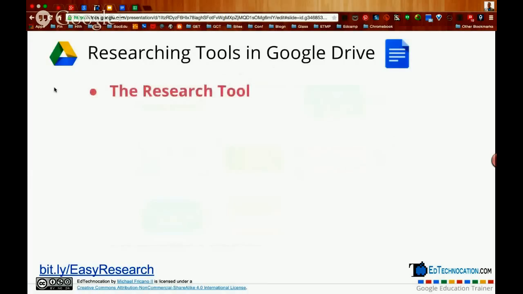Okay, so what are the research tools in Google Drive that we're going to talk about? Well, first is the research tool. Most of you may be familiar with the research tool. In my opinion, it's the most powerful tool in Google Drive, and we'll talk a lot about that. And if you don't, hopefully you'll learn some pretty cool ways that you can use it